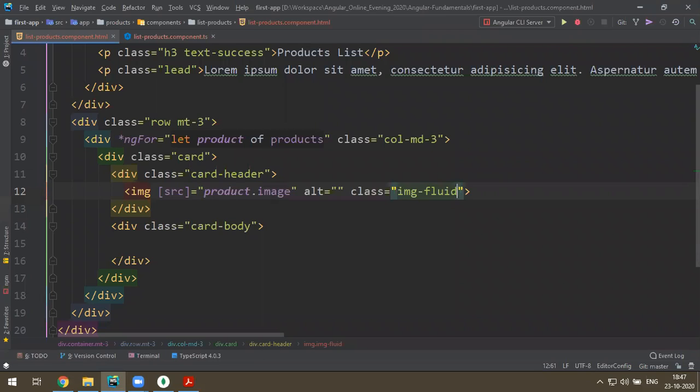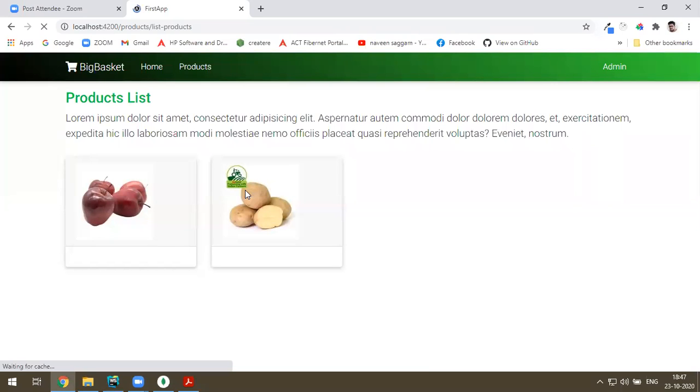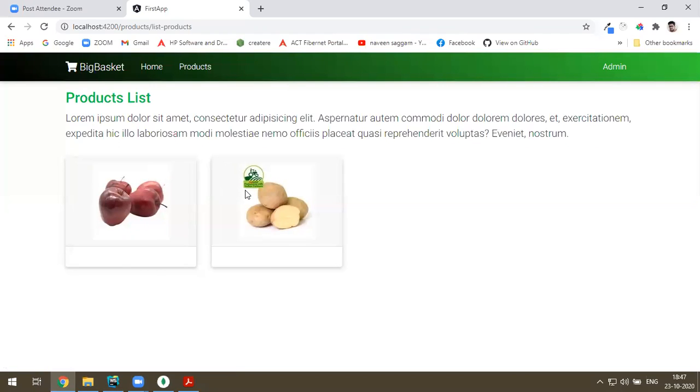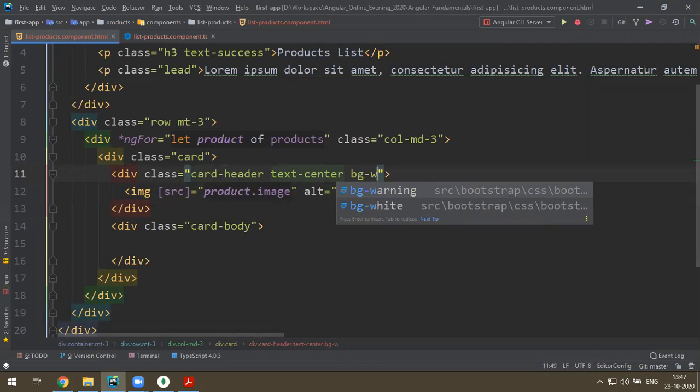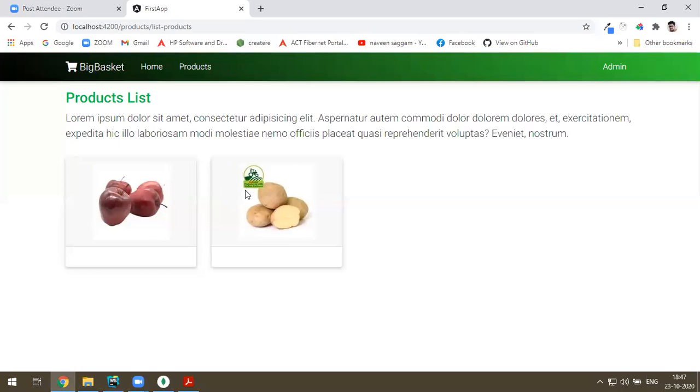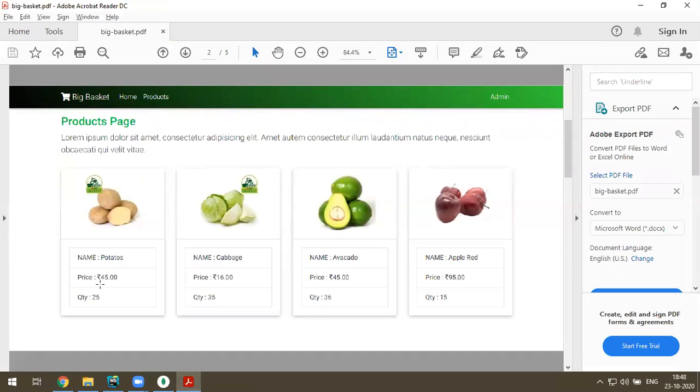I think for the image, or the card header, you can just say text-center. I think it comes in center. Yeah, but the background and this color is not matching. You can just say bg-white for the card header, so it just mixes with the background. Yeah, it looks good. And below this, in the card body, I wanted to display